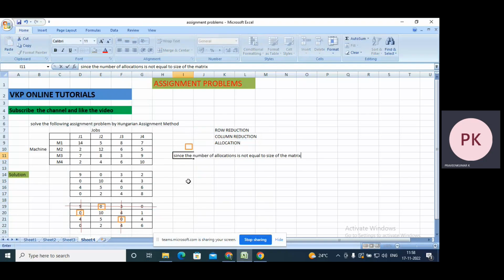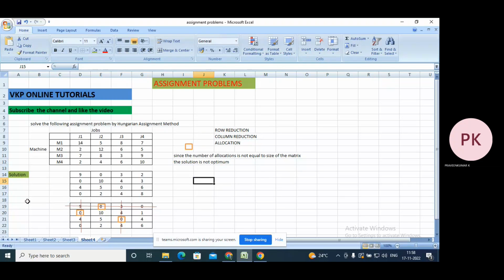Size of the matrix, therefore the solution is not optimum. How to get the optimum solution? It's very important. How to find the optimum solution? To find this optimum solution,